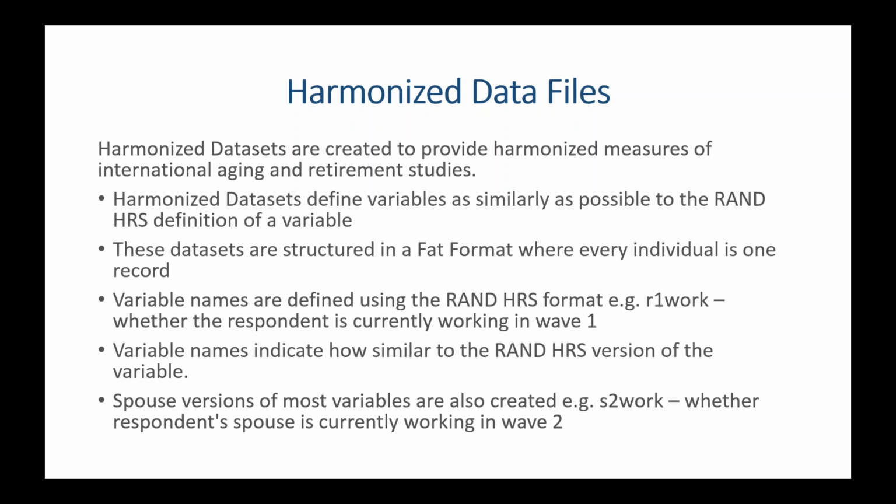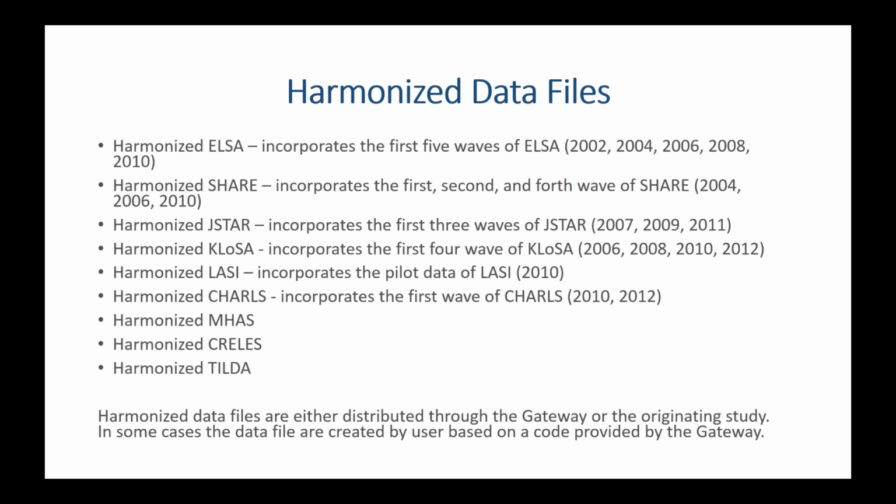So if you want to look at family effects, it makes this much easier. The harmonized data files that we currently have available are the harmonized ELSA, which is the first 5 waves of ELSA, the harmonized SHARE, which is the first, second, and fourth wave of SHARE, the harmonized JSTAR, which is the first 3 waves of JSTAR, the harmonized CHARLS, which is the first 4 waves of CHARLS,